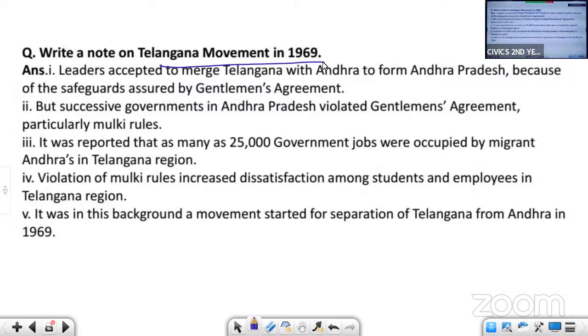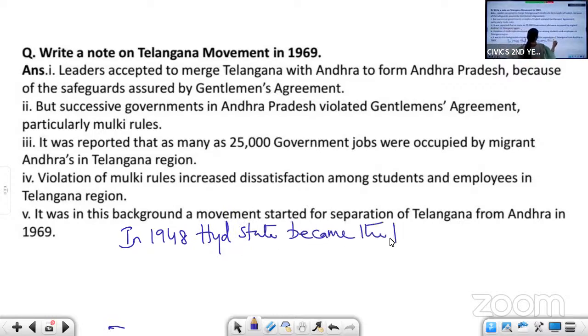After Hyderabad state, that is, the Nizam state, became part of the Indian Union in 1948, okay, 1948. In 1953,